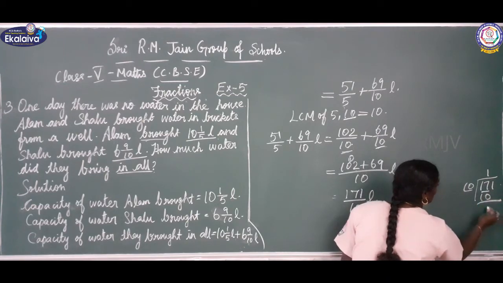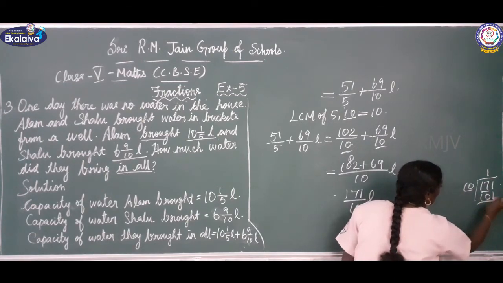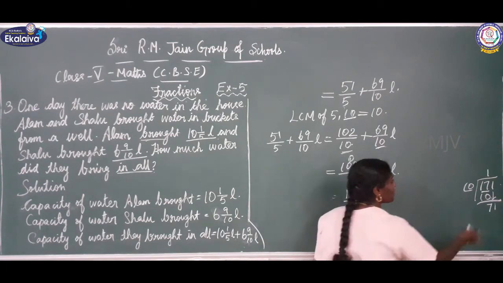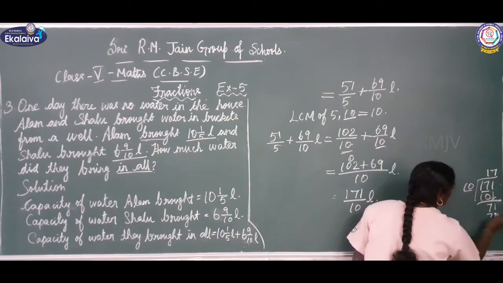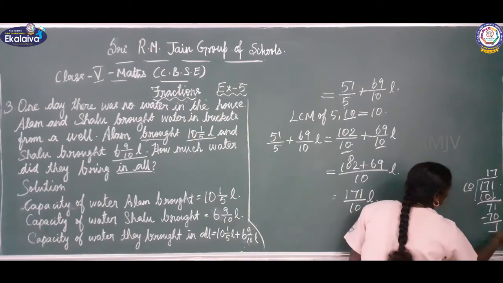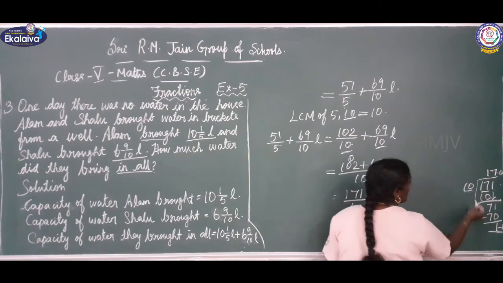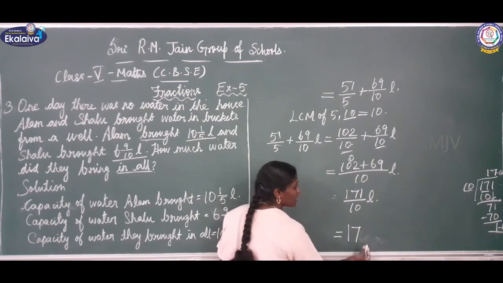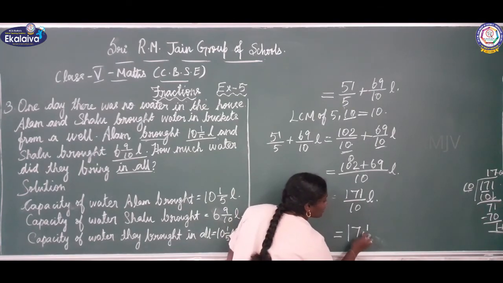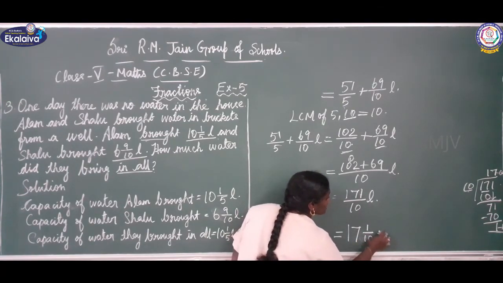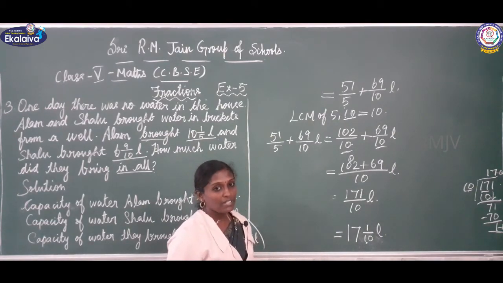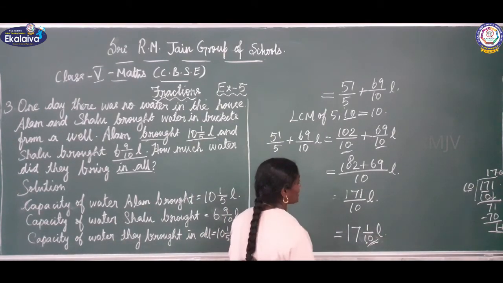Okay, 17 minus 10, that is 7. Now we have to take the next number 1. In 71 7 times 10, 70. Now we have to subtract, remainder 1. So the quotient is 17, remainder is 1 and the divisor is 10. So we have to write in the form of quotient as the whole number part and remainder by divisor as the fractional part. So 17 1 by 10 is the required fraction.